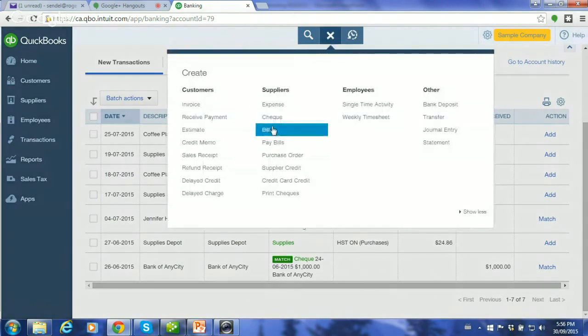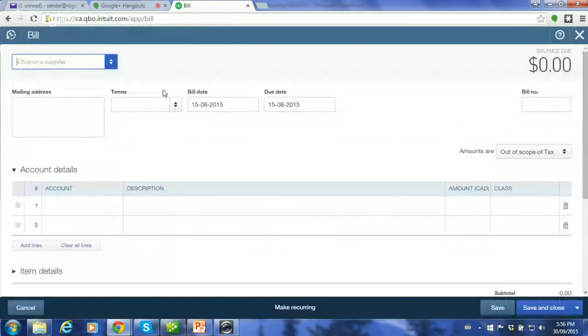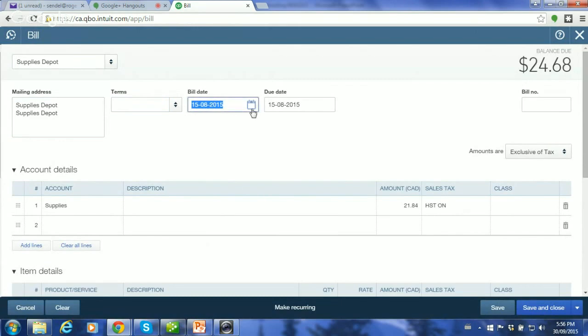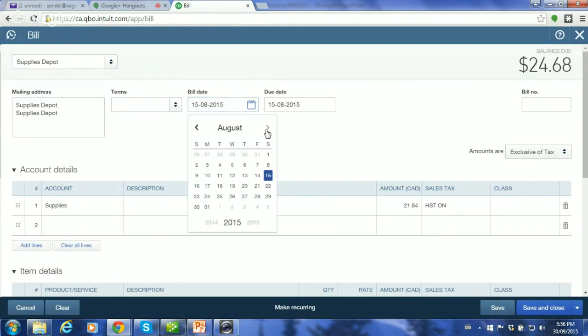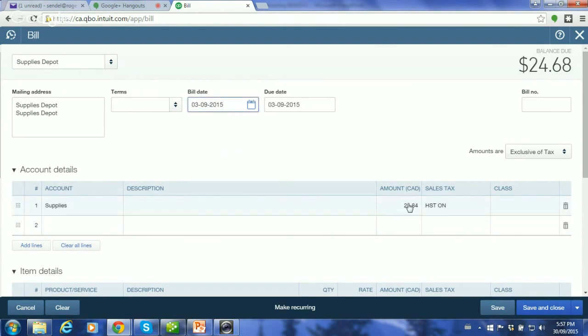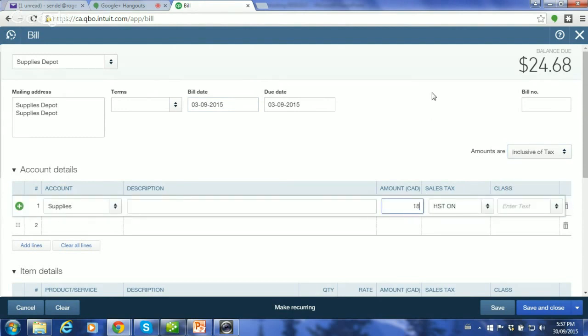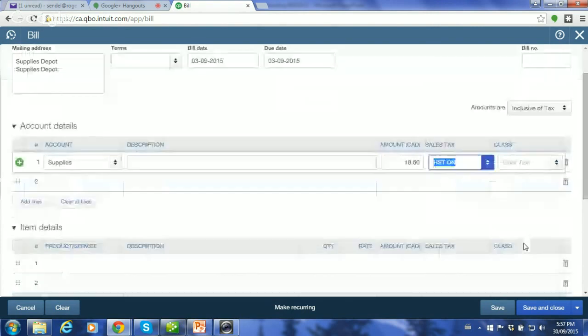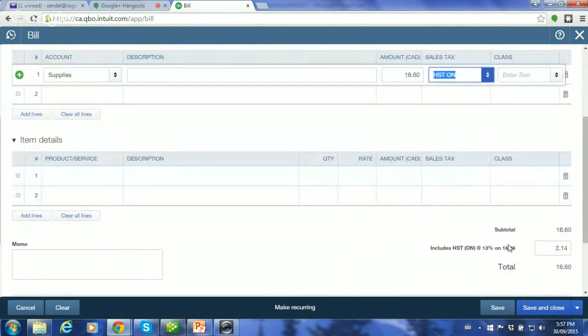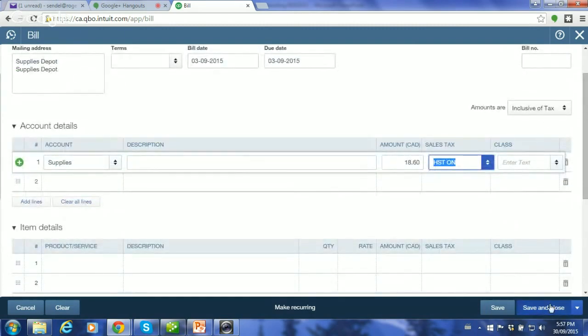So if I go ahead and I enter a bill for Supplies Depot, if that bill comes in, I think it was closer to September, but let's say September 3rd, for supplies, and it was, we'll call it inclusive of tax, and we'll say the whole thing was $18.60. When you use inclusive of tax, it's the total, and then it breaks it out for you, in case you were wondering what inclusive versus exclusive of tax was all about. It is different. Make sure you know what you're using and you have it programmed correctly.